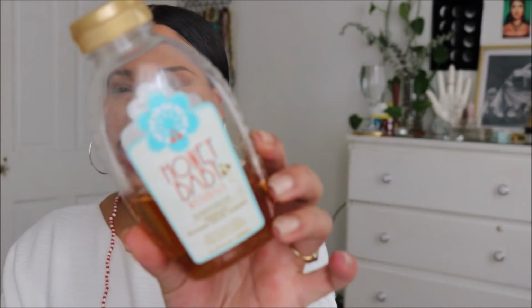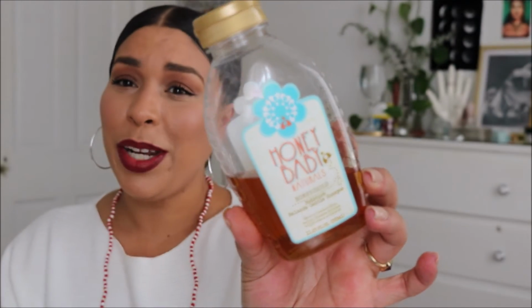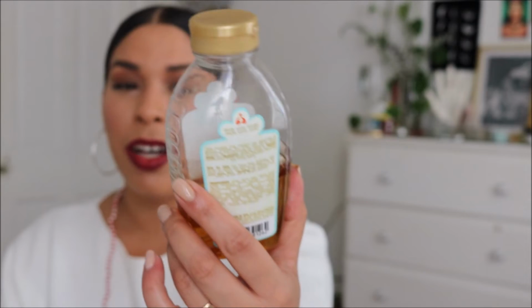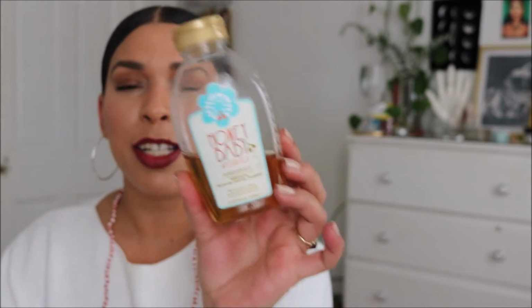I don't really venture out too much into shampoos, and this is where this Honey Baby Naturals shampoo came through. I've been using this for quite a long time, and this is something else where a little bit goes a long way. As you can see, I've been using this for quite some time, but you don't need a lot, especially considering that it's a soft, moisturizing, gentle shampoo. I think this has no sulfates, no harsh chemicals, no parabens, phthalates, petroleum, glycol, mineral oil. And this stuff